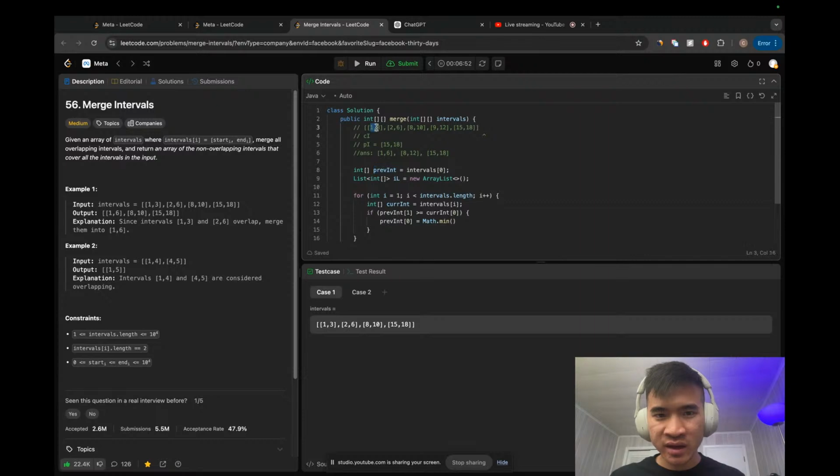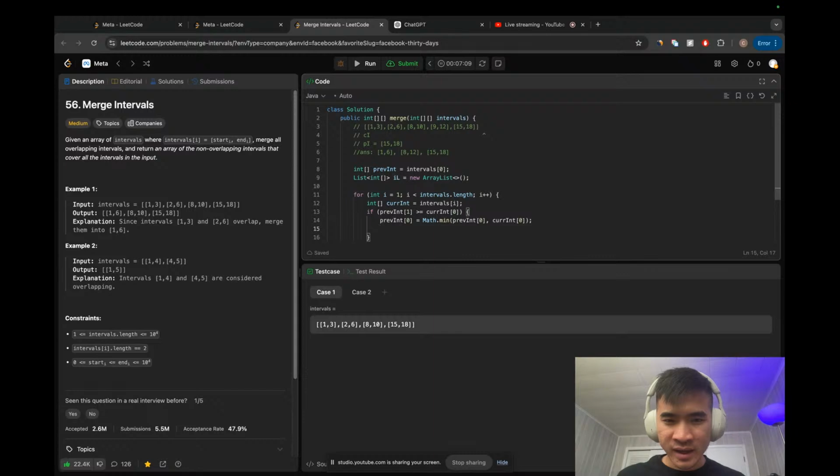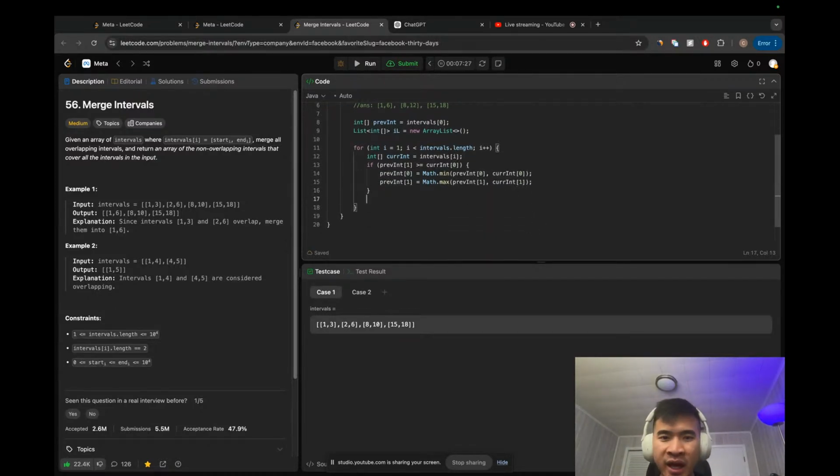So in this case, right, our interval should be 1 6. So we need to compare the minimum of this one and this one. So Math.min between previous interval at index 0 and current interval at index 0. And then the ending of the previous interval, previous int 1, would be equal to the max of the endings. So this would become max and this would become 1 and 1, just like that. Else, if there is no overlap,